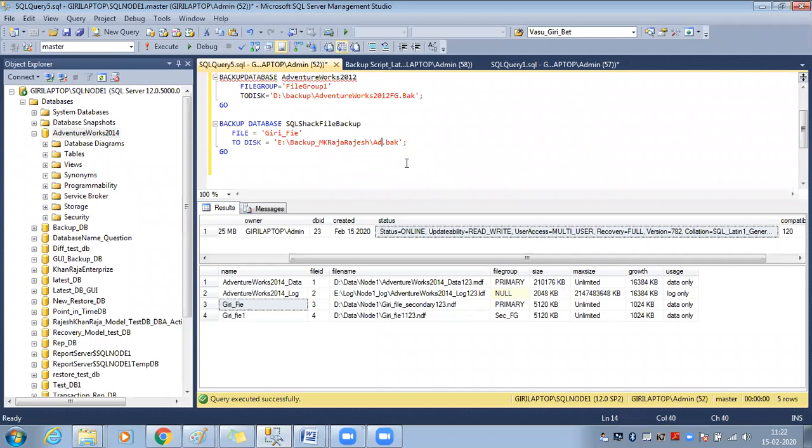I'll call it file level backup, underscore file level backup. File level. That is enough. Before that, if you want, you can provide the DB name underscore. The file name also you can provide. That's all up to you. Naming is all up to us. Okay. Here the file is missing. I think, is it right? Oh, the file name also failed. So this is called as